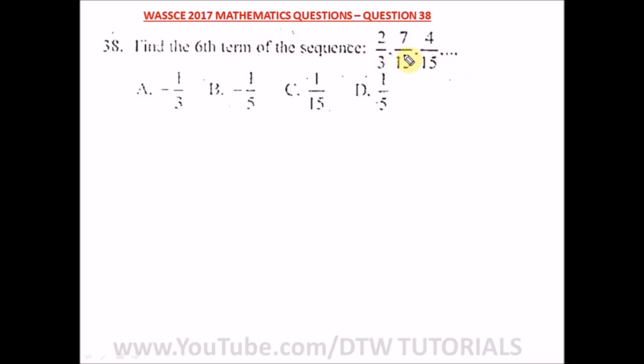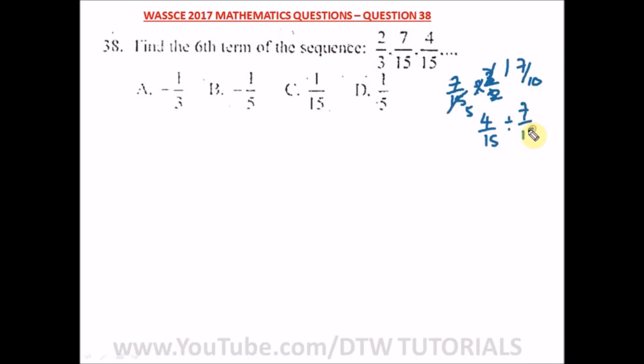Let's divide this by this. So we have 7 over 15 divided by 2 over 3. If we change this to multiplication sign, it will be 3 over 2. So 3 here and 15 here will be 5. So we have 7 over 10. Okay, let's try for the second one. We have 4 over 15 divided by